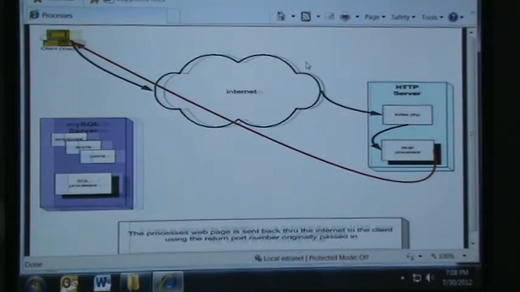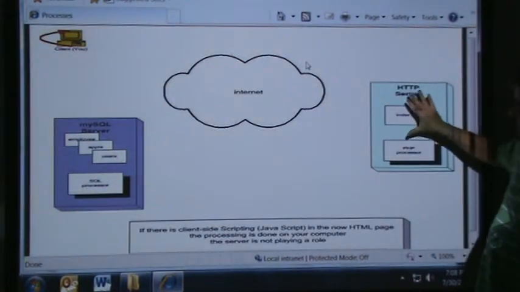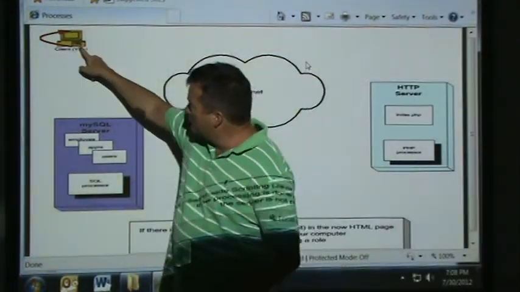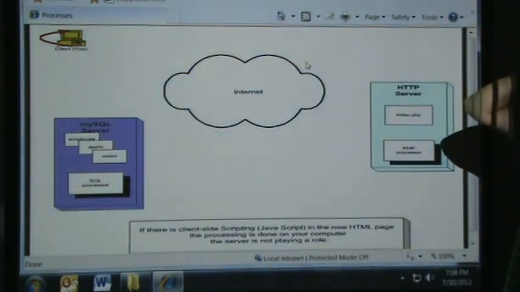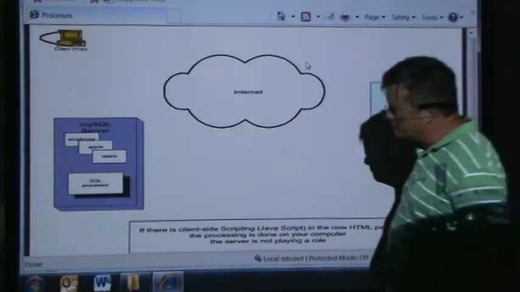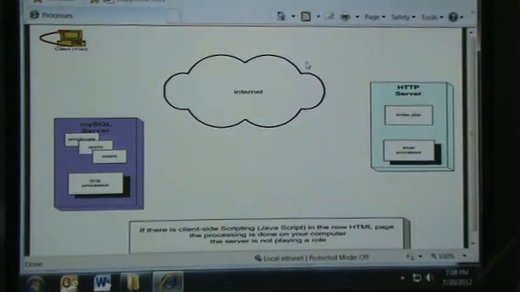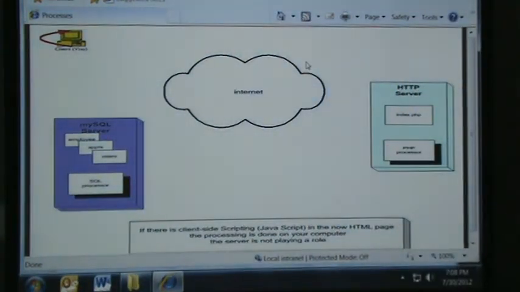And then once the page gets back to you, you still have a connection to the server, but the server's not doing any work on your behalf. The page could have had embedded in it a scripting language that can run on your machine, and the most popular one for that is JavaScript. And JavaScript could just be running on your machine, which would not take up any of the time on the server. So that's basically how a web page gets rendered at the moment you ask for it,